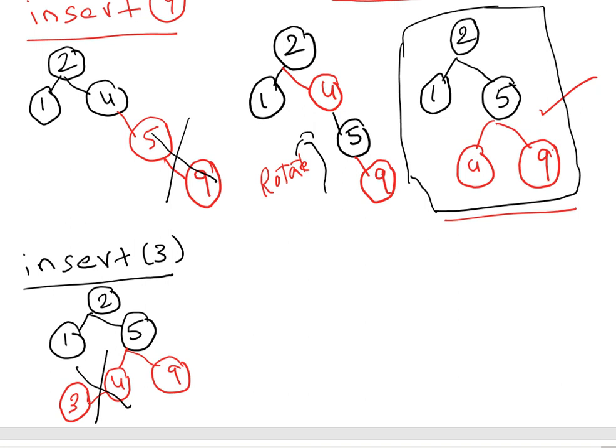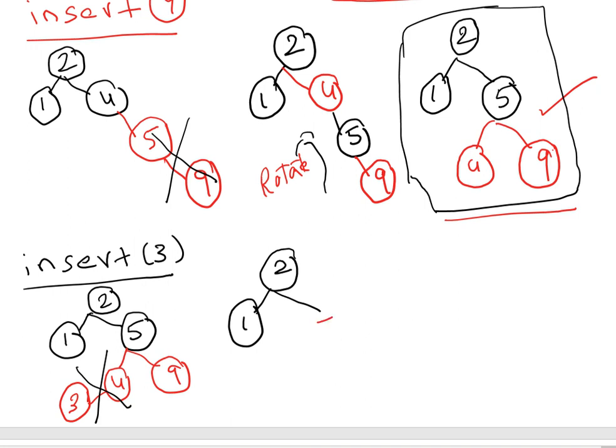So I will go for one more option. I will keep 2 as it is here, and 1. In this case, I am just changing the color; in the other case, I am performing rotation operations. You need to be very clear. 2, 1: here I already have black color.